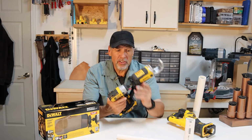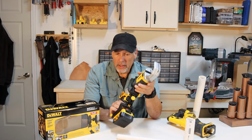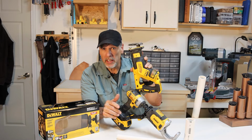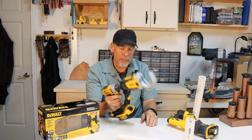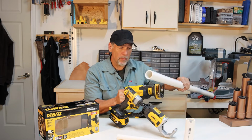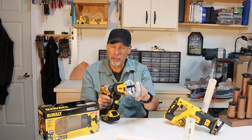Another con about this is it's big and heavy. I mean, there's no doubt about it. It's a lot of tool. It's not like a small tool that you can keep in your pocket, but then again, you either carry around this and use it to cut PVC pipe, or you can use this. And I prefer this because, although I use this with one hand, if I'm going to be cutting pipe the same way, I find that I get much faster, much straighter,